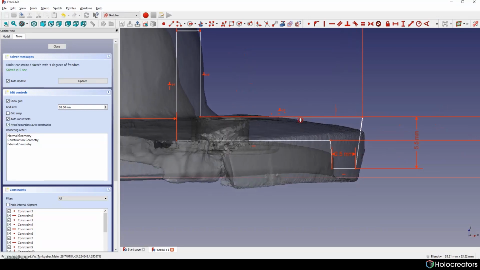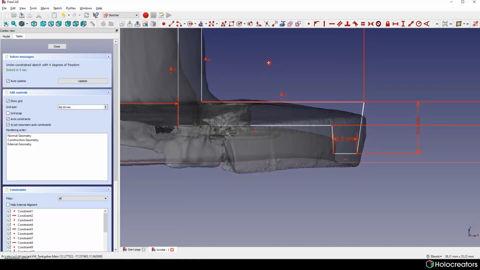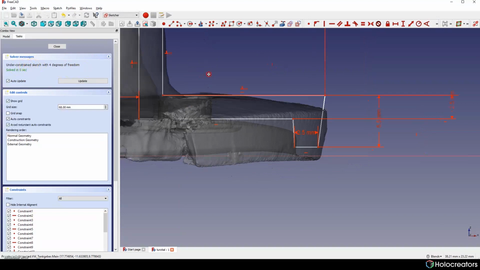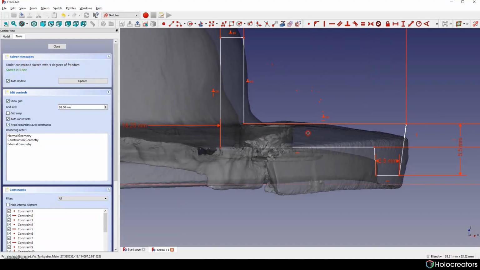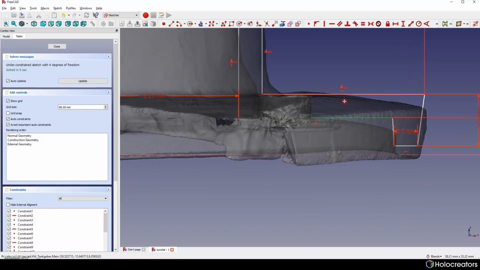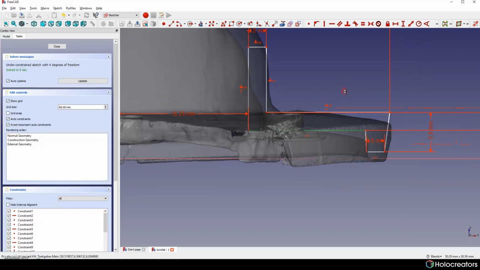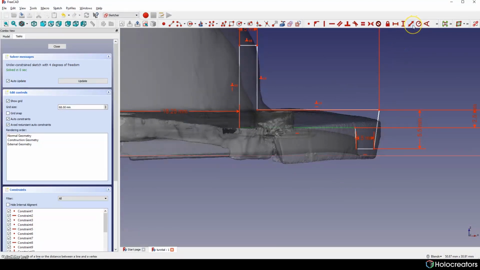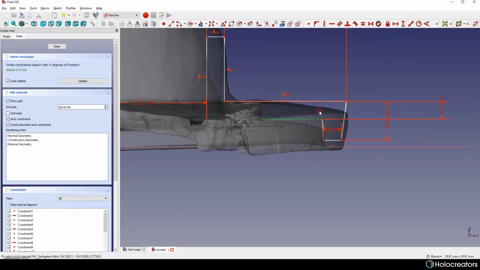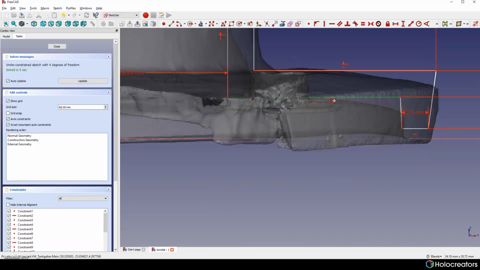So we can eliminate our freedom by putting on the sketch more constraints. We can do it. Also, we can measure this part as well.